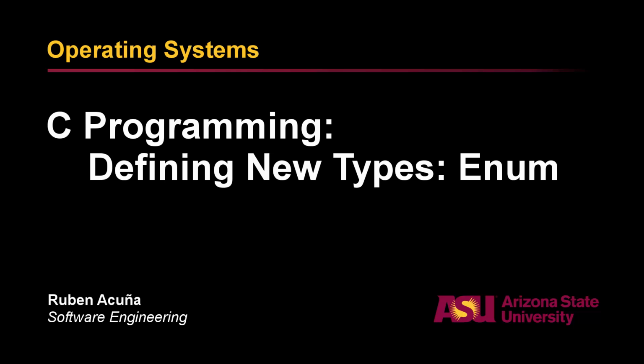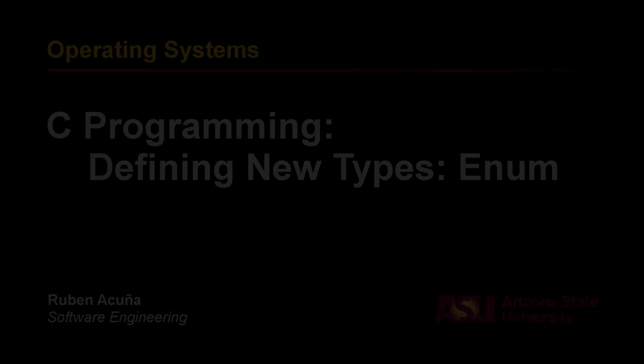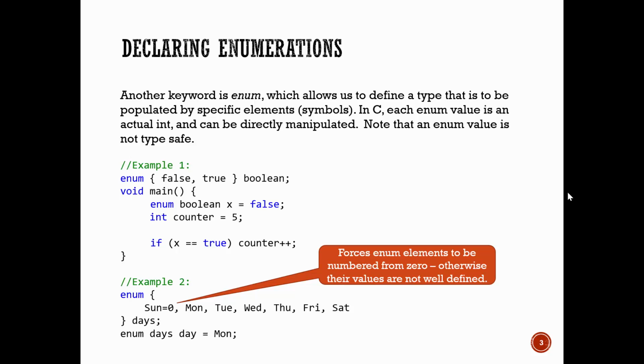In this video, I'm going to introduce the idea of the Enum keyword. So Enum stands for enumeration, and maybe you've seen these in other programming languages. The main idea is that an enumeration variable is a variable that can only store one element of a specific set of things. If you just glance down at the end there, you can actually see an example of days